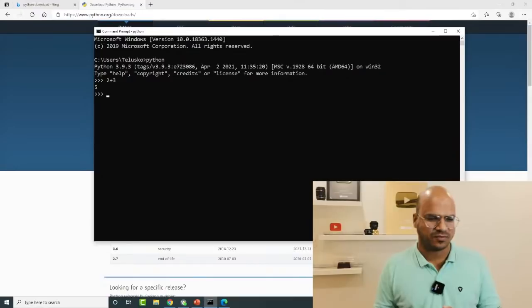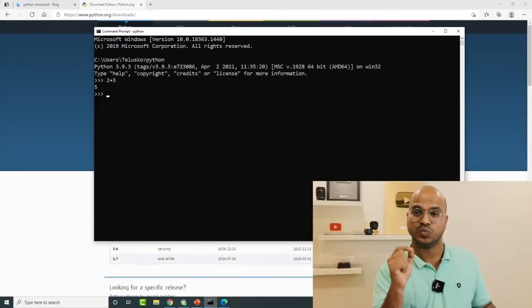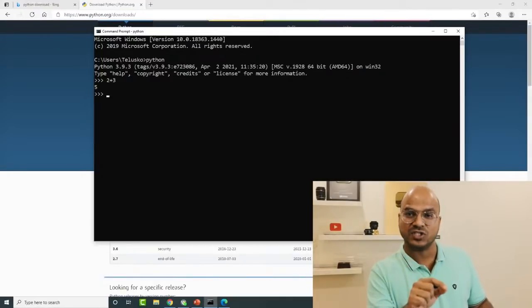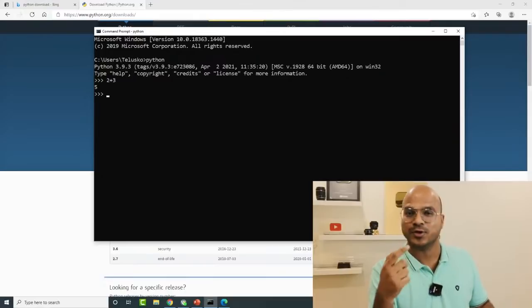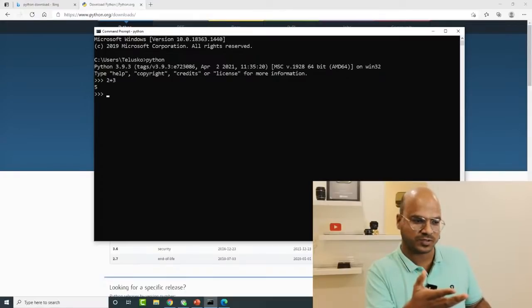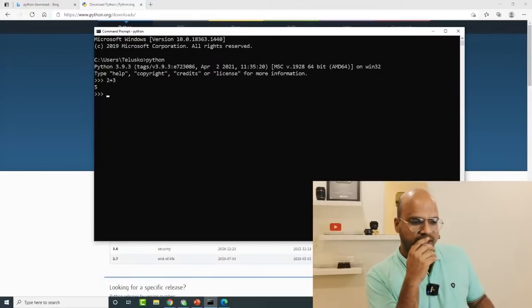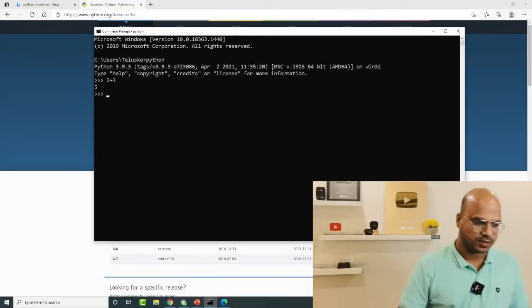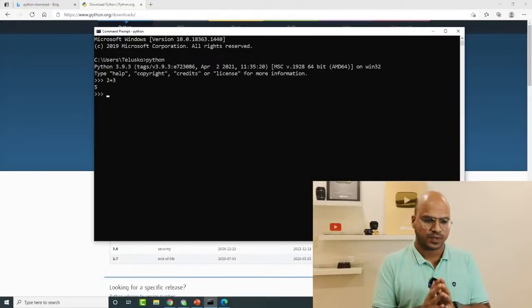But you'll be saying, hey, what's different there? The thing is, we are using a language here. You are talking to your computer. You're saying 2 plus 3 is 5, right? But then I want to do something more. I want to print something. So the way you can print is, you have to talk to your computer by saying,